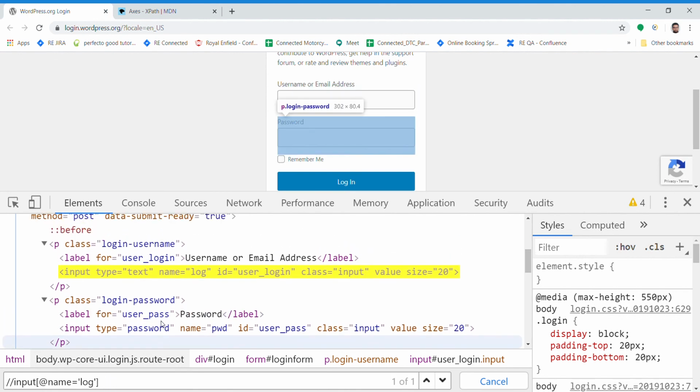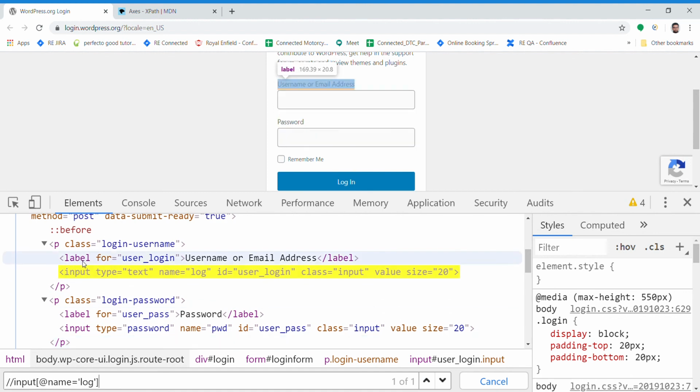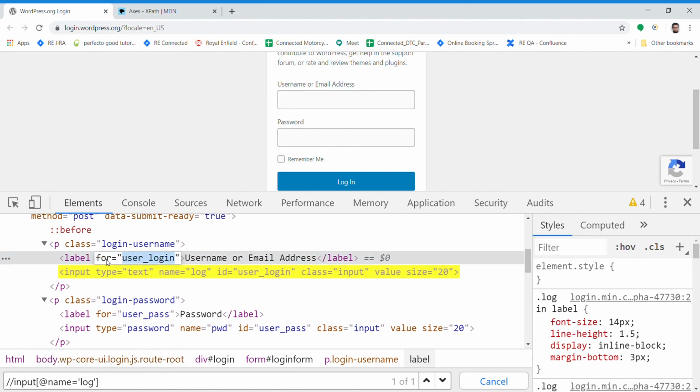Now if I want to select the following siblings, there may be more than 2 siblings also, right? So let's say we select this element first. Its following sibling would be this one, right? Following sibling means next sibling. Preceding sibling means for this element its preceding sibling would be this one. Very simple. So first we find out this one, user login. It has an attribute name for, and its tag name is not input, it's label. So boom, we are able to find this.